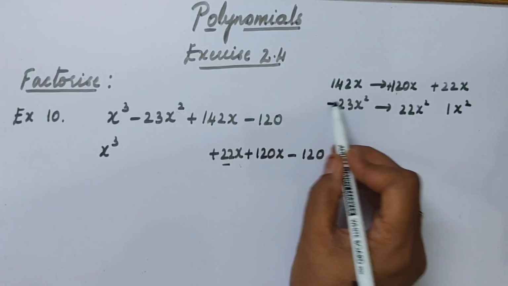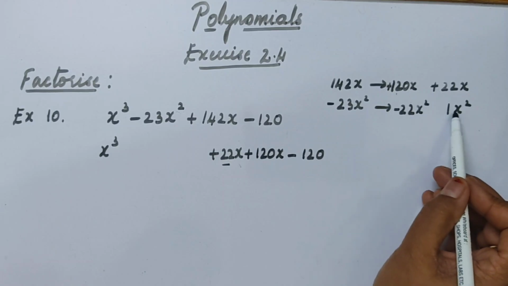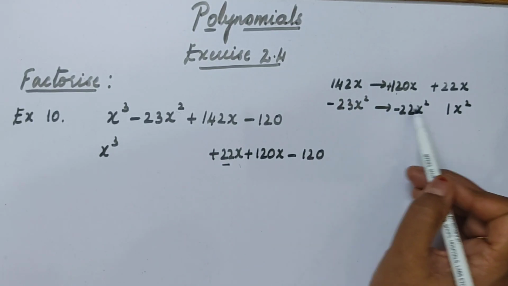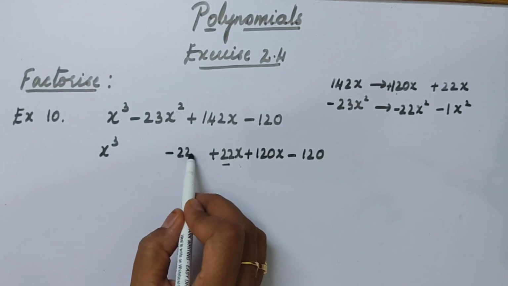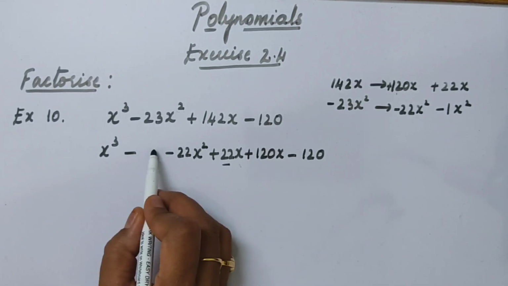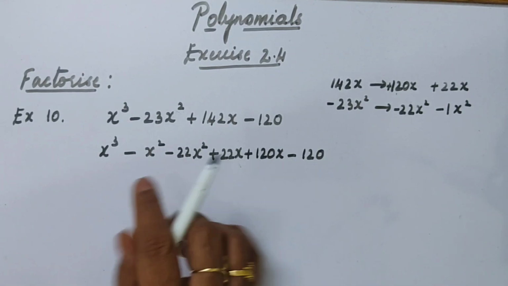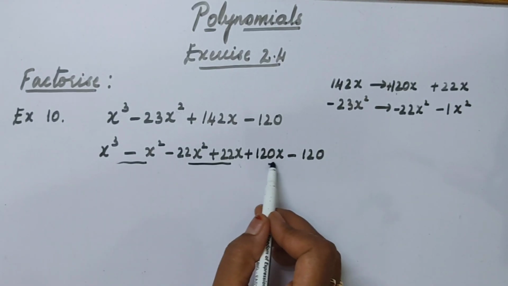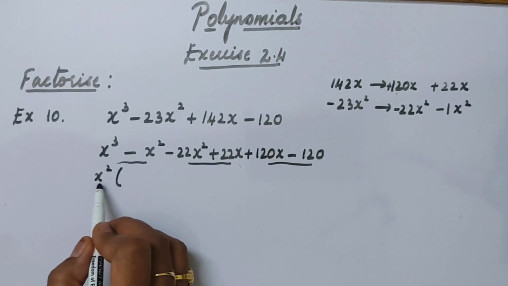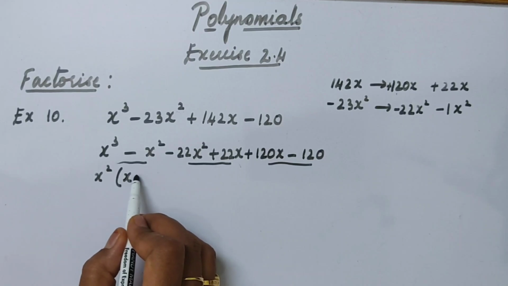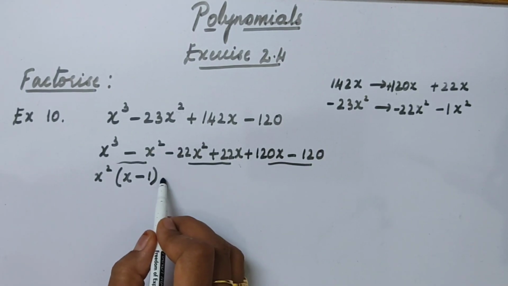Now there's a minus sign. Okay? Minus. If I add these two numbers, I'm going to get 23. Add means the same sign will repeat, students. Now this is minus 22x square minus x square. That's it. I hope this is clear to you all. Now let me check two terms. In these two, x square is common. If I divide this, I'm going to get x here. X minus, x square gets cancelled. 1 is left over. Minus here.